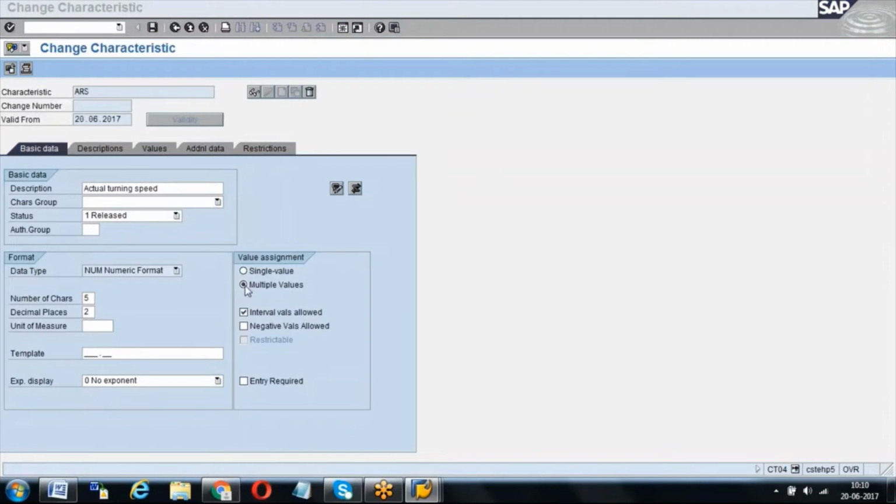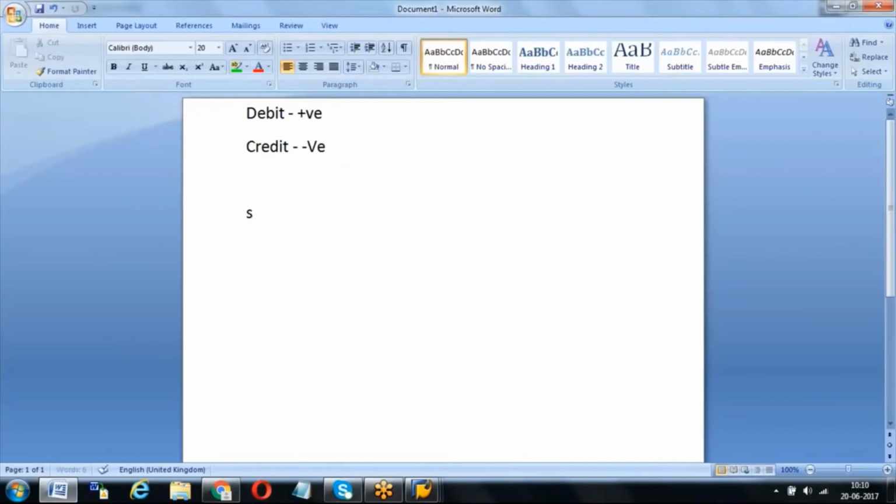What is the use of multiple values and single value you have asked, correct? See, when you create a characteristic, when do you use the single value and when do you use the multiple values? Let me tell you. If you use single value, when you assign in the release process, only one value can be assigned. When do you use this option? Only one value. Generally we use it for price, because that price, with that respective strategy,